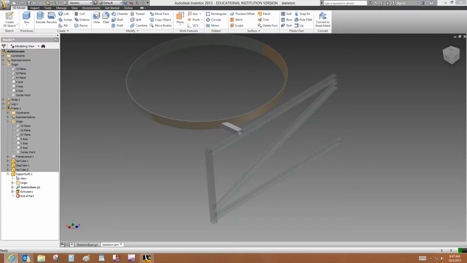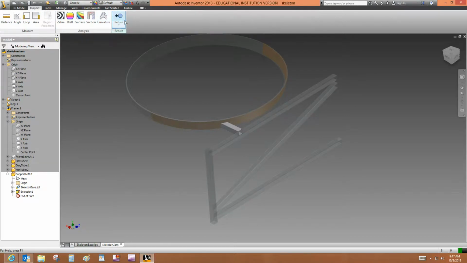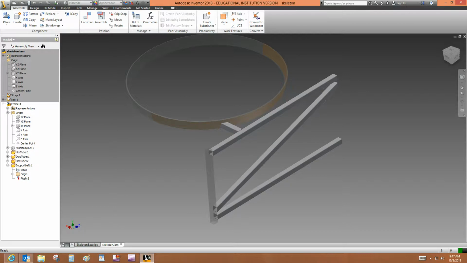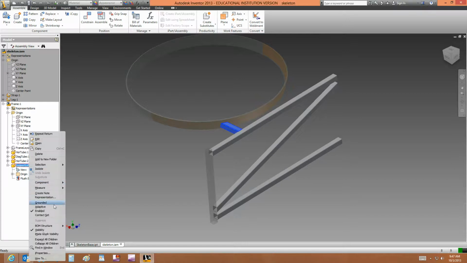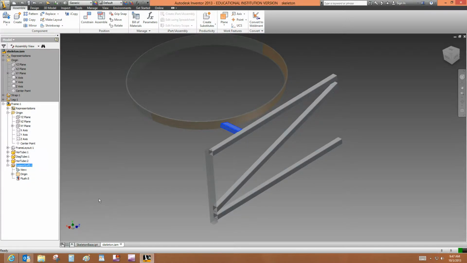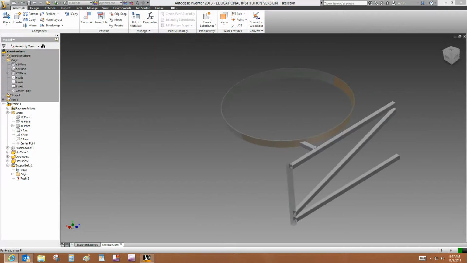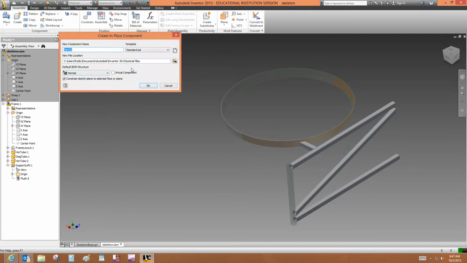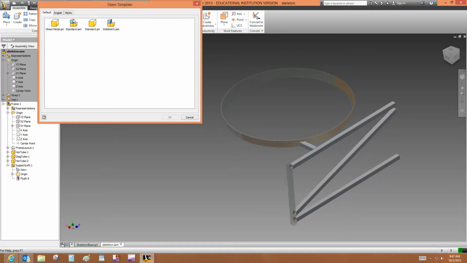So we want to return to the frame subassembly level, and then ground the support left part. And so I'll right click on that and select grounded. And now it says to repeat the previous steps to create a right hand support. Sorry about that. To create a right hand support part. So we want to go to Assemble, Create, and we'll call this right support, no space, standard millimeter.ipt,